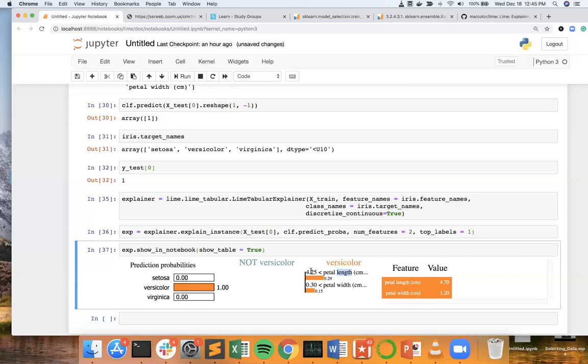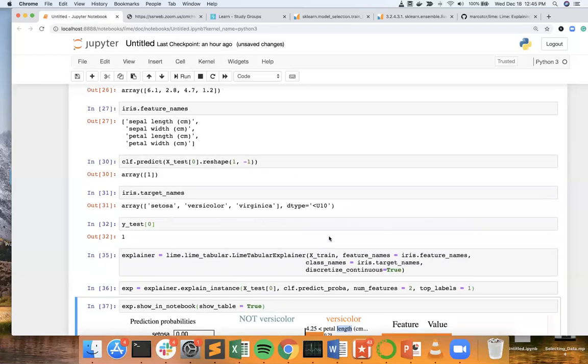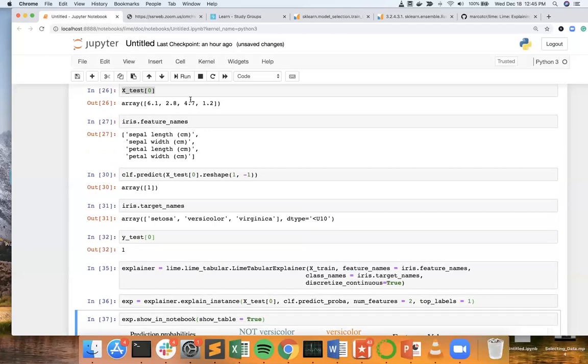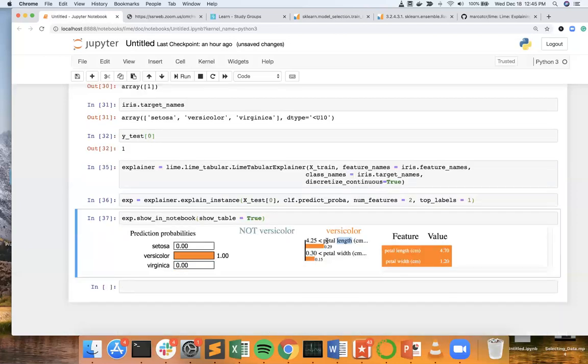So this looks like a greater than or equal to, because the petal length is 4.7, so it is greater than 4.2, or it is between 4.25, and I wish they wouldn't have cut it off. But it looks like it's supposed to be between that, so that's why it predicts it to be